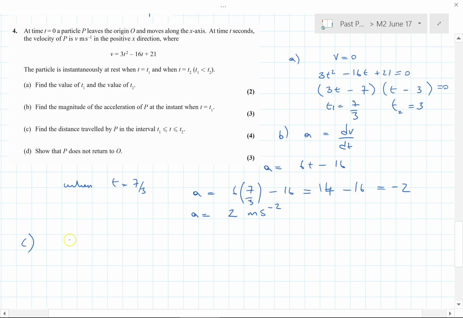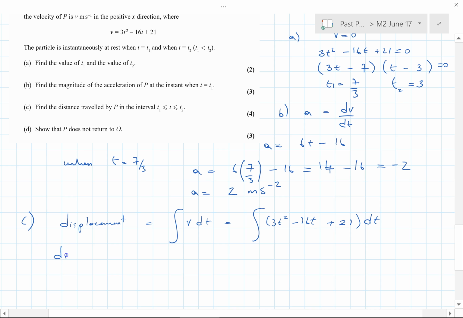Well, to get distance or displacement, we need to integrate the velocity, which in this case is 3t squared minus 16t plus 21, dt. Now I'm going to put limits in here. We'd have to be careful because it wants a distance. So the distance, or the magnitude of the distance if you like, is equal to